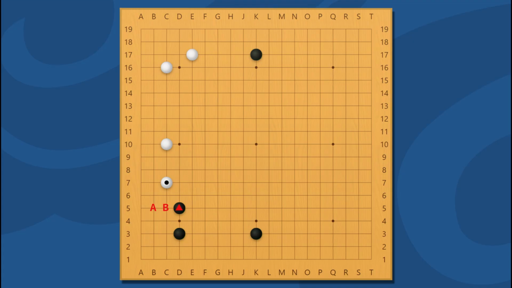However, black's triangle corner enclosure has a stronger ability to develop toward the side and the center than the white triangle's corner enclosure. Compared with the jump corner enclosure at position A, white triangle's nice move corner enclosure is more advantageous in defending the corner. Even if black makes an extension, white doesn't need to reinforce with one more move.